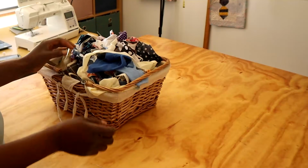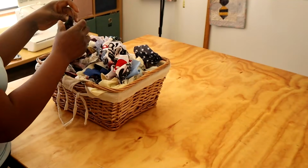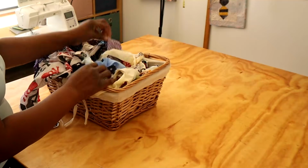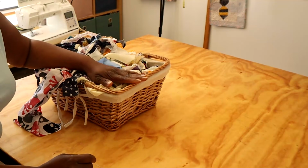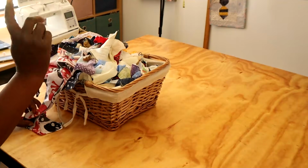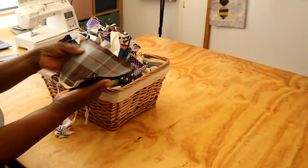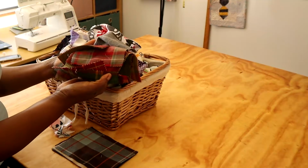So, I can tell it's old because this was when I was in the UK. Also, this piece here, a lot of them, UK fabric. I actually brought this with me from the UK when I moved to Australia. How sad is that? But what I also found was these here that I had already started to think about doing something with. These are like those Christmas tartan Scottish fabrics,